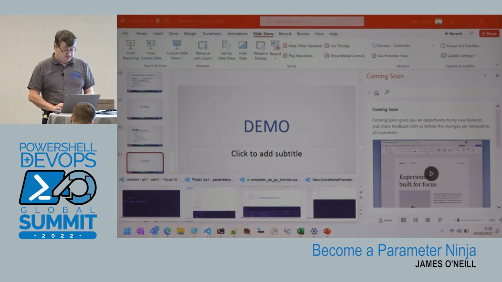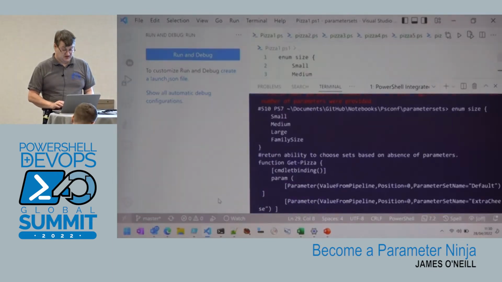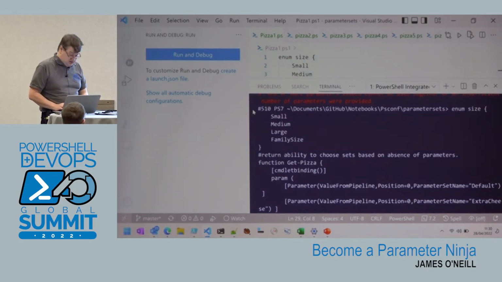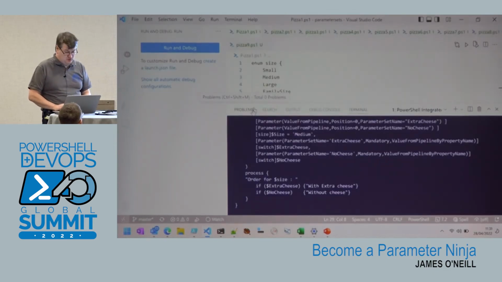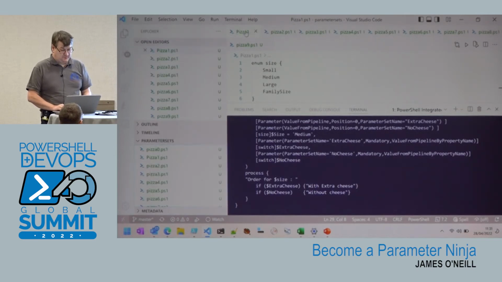Because I haven't seen anybody do a pizza scenario so far this week, and it's about time somebody did, so it looks like it's going to be me. So I'm a little worried about the size of the screen here. I'm just going to make that a size smaller, and is that still reasonably legible? Right, okay.